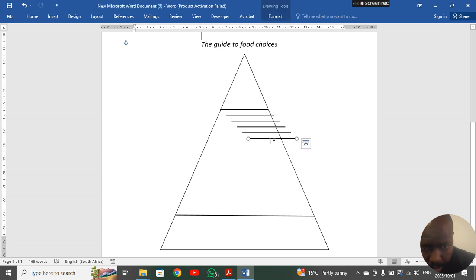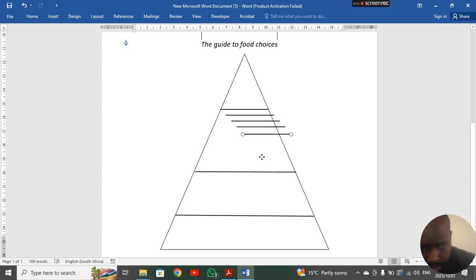And then you take this one, for example, you put it here. This one, for example, you put it here, and then you stretch it. You also take this one, for example, you put it here,